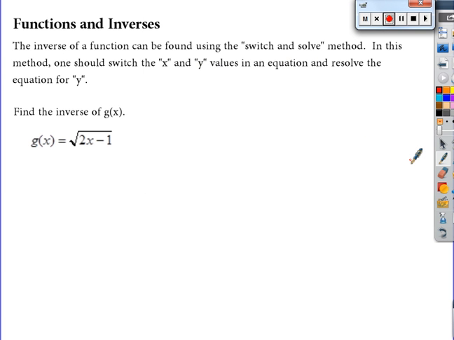Finding inverses of functions. An inverse can be found typically using the switch and solve method. That's the method that I like the most. It's the method that works the most. In this particular method, you're going to switch the x and the y values in the equation and then resolve